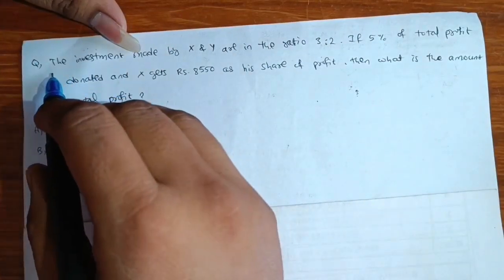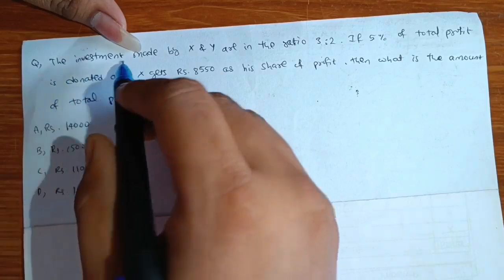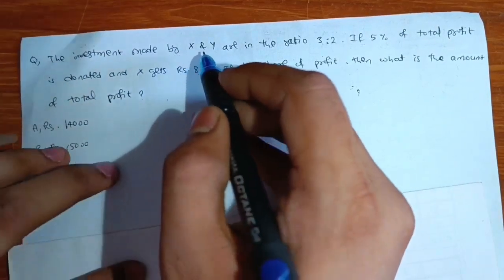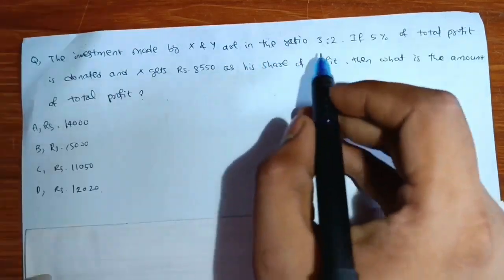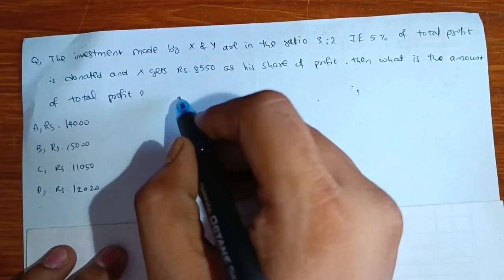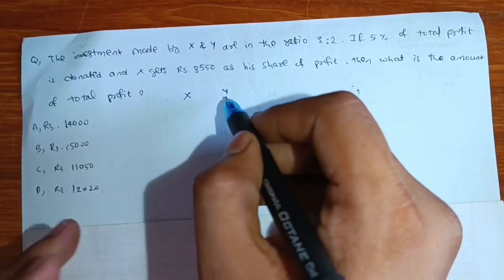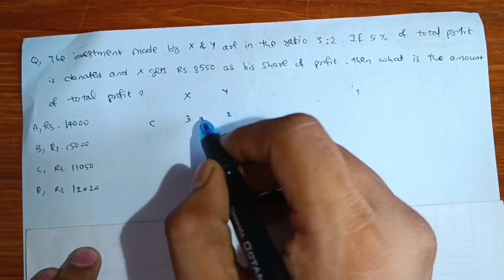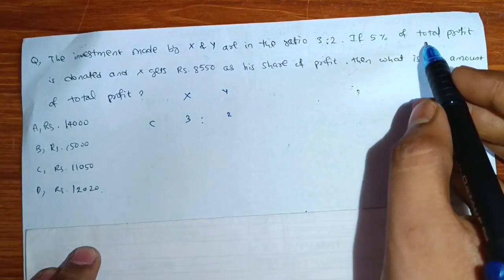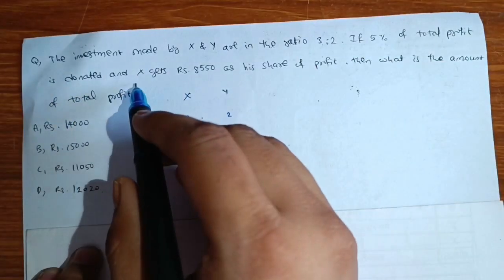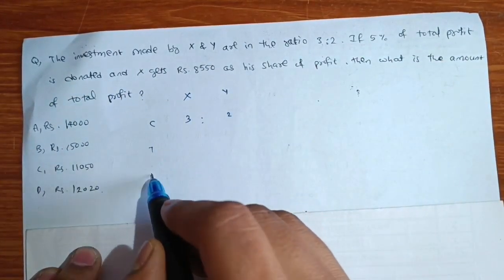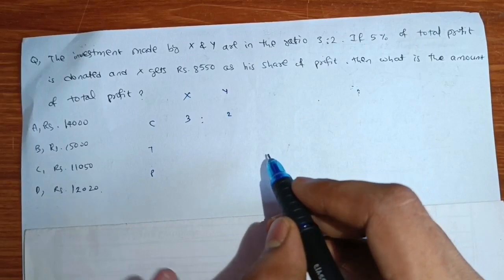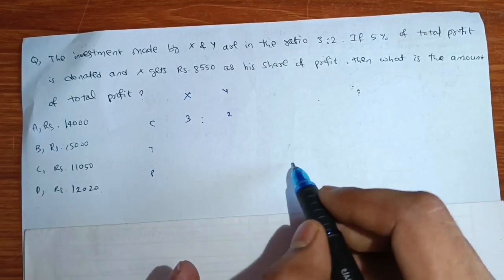Now let us see another question. The next question is: the investments made by X and Y are in the ratio 3:2. So X and Y are making an investment, capital in the ratio 3:2. If 5% of the total profit is generated, in this profit 5% is donated,